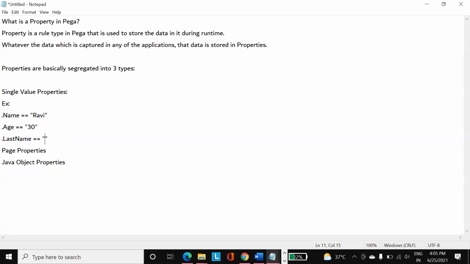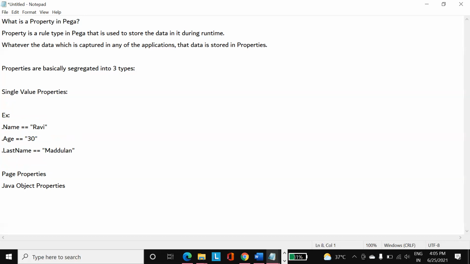They will also take only a single value. The name property will have only this value, and the age property will have only this value. If this value is overridden, the new value will be there, and the old value, this 30, will be gone. That's how single value properties work.